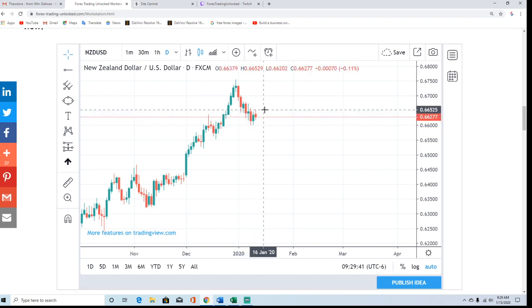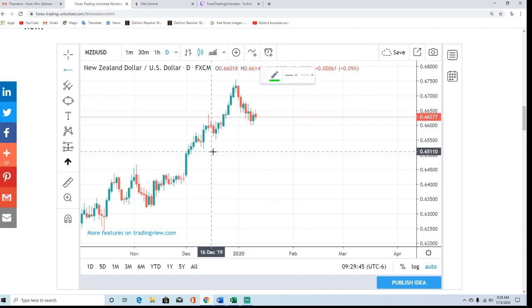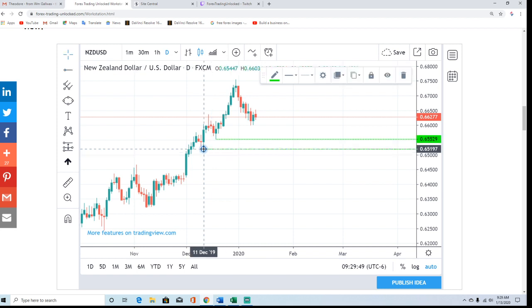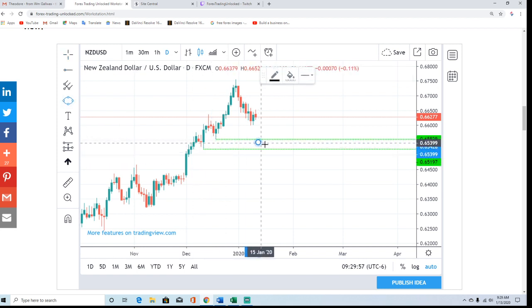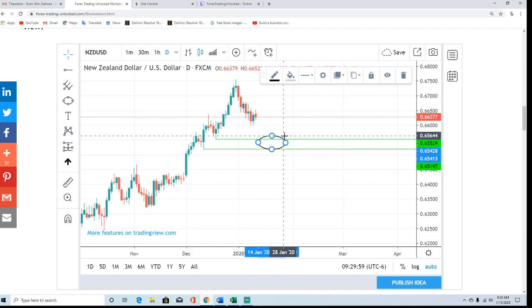If you're a bear, I'd be very, very careful pressing this, because even though it may start to take out support, I think you have to watch out for these last two swing higher move lows around 65.52 and 65.19. I think that if you get another slide somewhere in here, you'll find a nice little support band that'll hold you up. At that point, I think you will start to see,